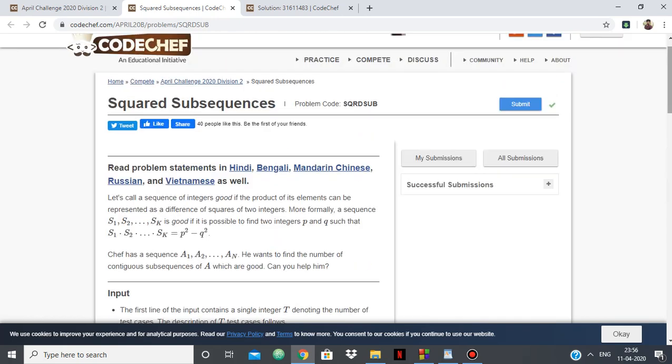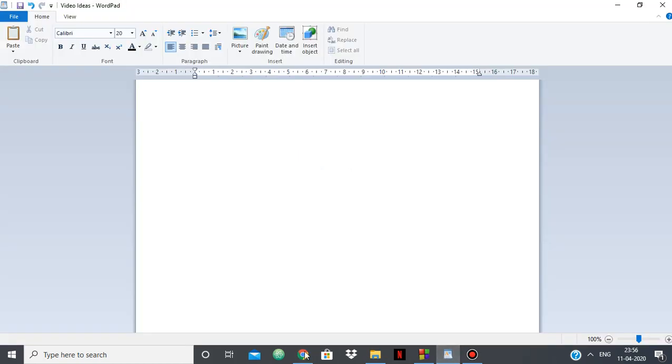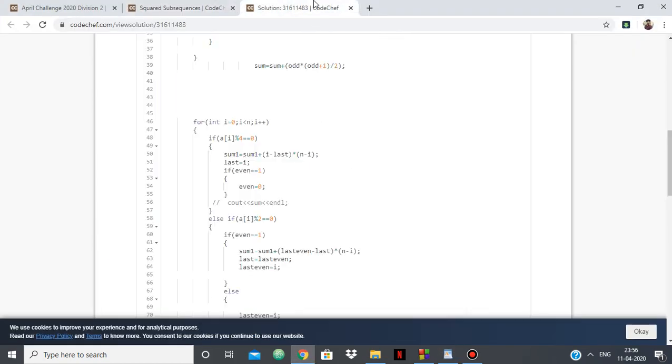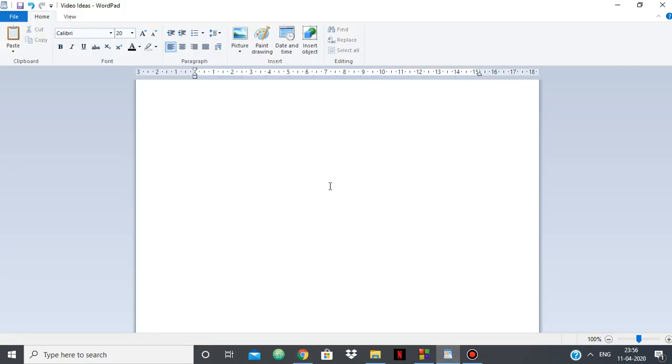This is a really interesting question, and it took me a lot of time and a lot of TLE to get to the final answer. So I'll explain my approach, and I'll give a link to my code also in case you want to look at it. So let's get started. So the question is,